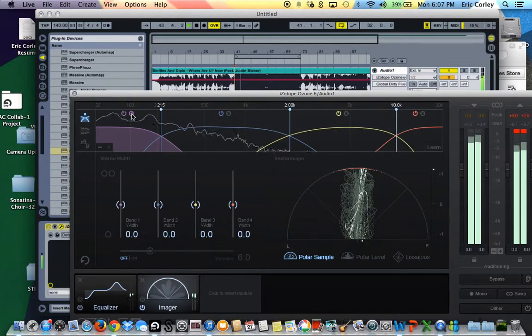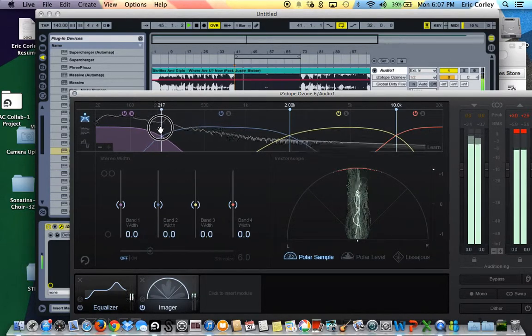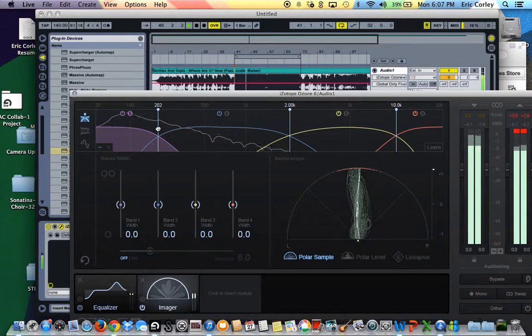And you notice that the sub frequencies, anything below around 200, is going to be completely in mono. And what mono is, is that the left and right speakers are playing exactly the same thing. And I'll show you here. And once it starts getting up around here, around 2K,